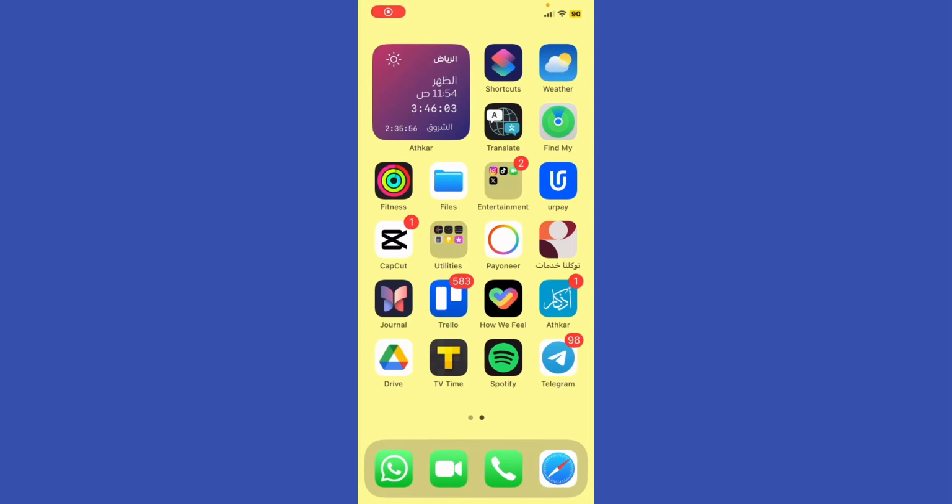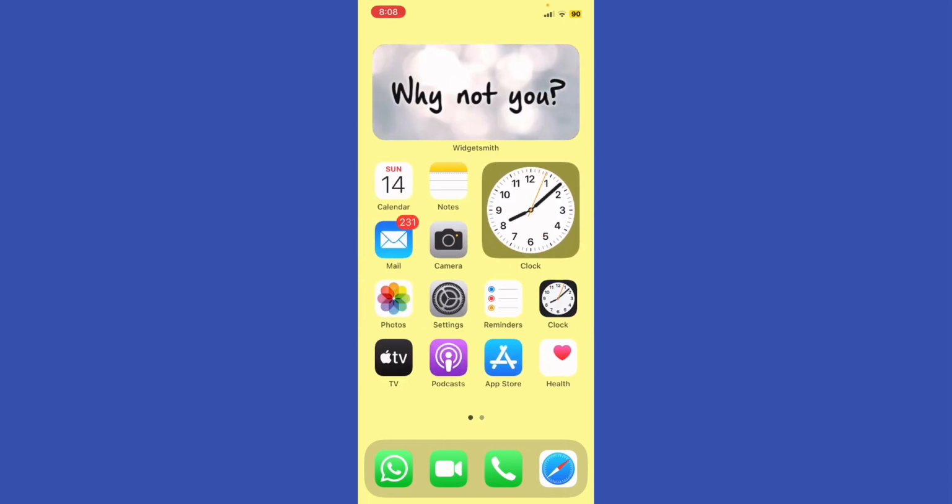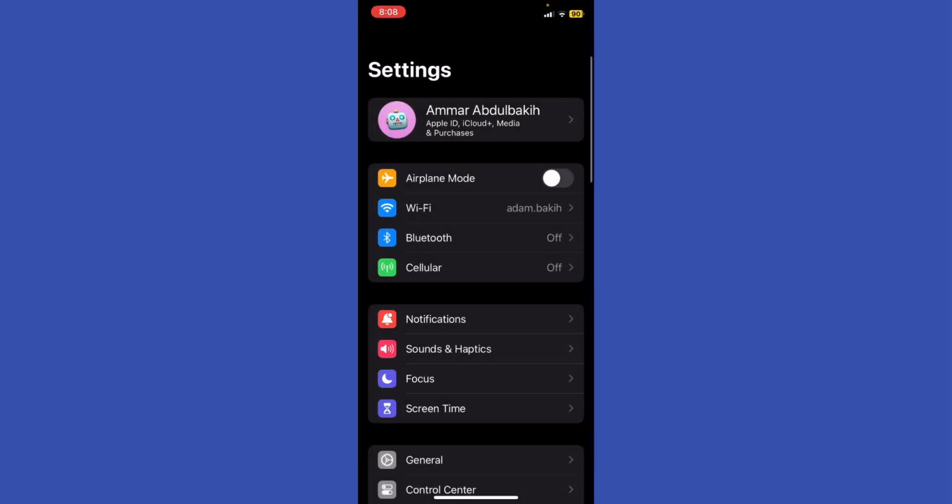How to change iPhone Bluetooth name. So basically your Bluetooth is linked to your iPhone name. So your iPhone name and the Bluetooth have the same name. But if you want to change the name on your iPhone, if you want to know how to pull this